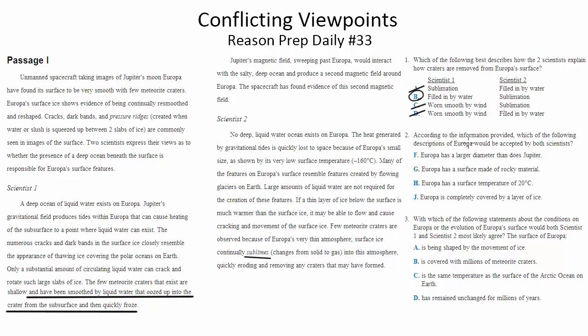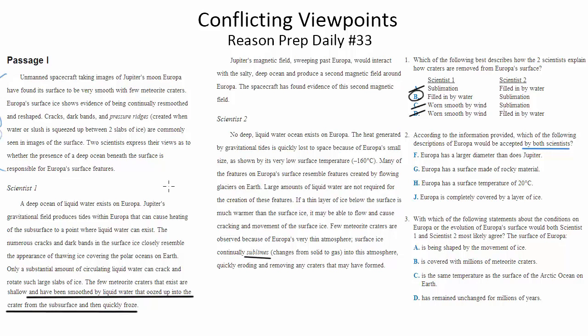So how about 2? According to the information provided, which of the following descriptions of Europa would be accepted by both scientists? There are kind of 2 ways to go about doing these questions, depending on where the answer is going to be. Sometimes you have to read through Scientist 1 and Scientist 2 and infer what they have in common. So see what their arguments are, see what they both assume to be true, and then find that assumption in the choices. Other times, such as this case, you can actually look at the preamble, the information in the beginning